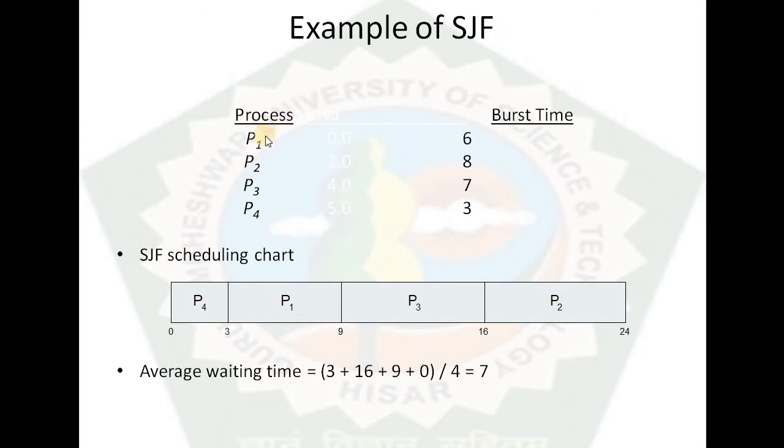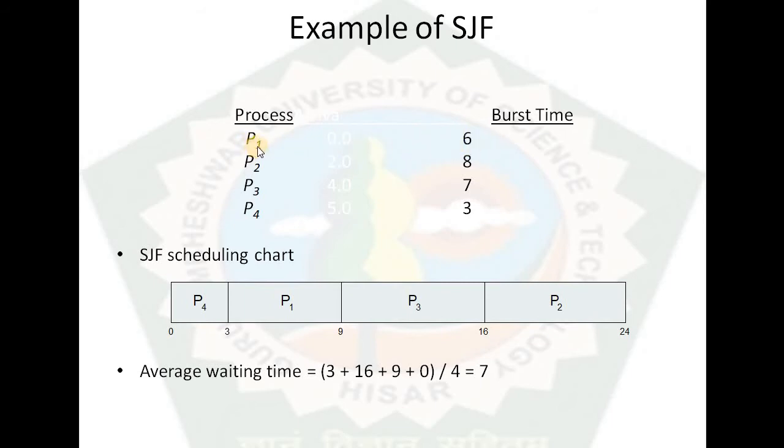Suppose we have four processes in the ready queue. They are ready to be executed and only want the allotment of the CPU. That's why we are discussing the CPU scheduling algorithm, which is the main work of the short term scheduler. CPU burst time is calculated for each process based on some calculations or predictions.